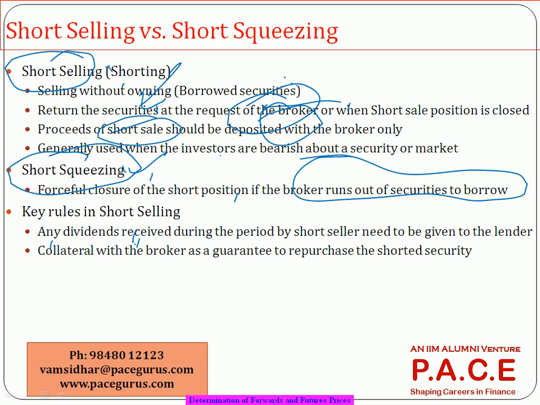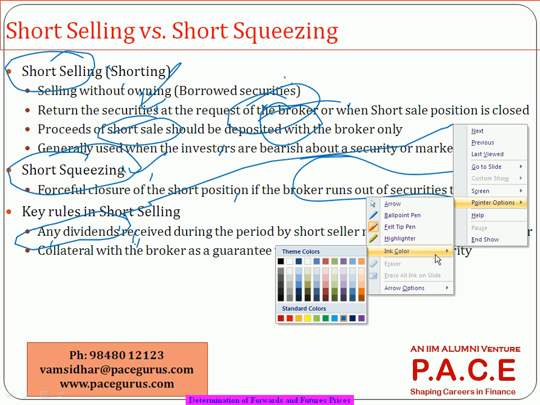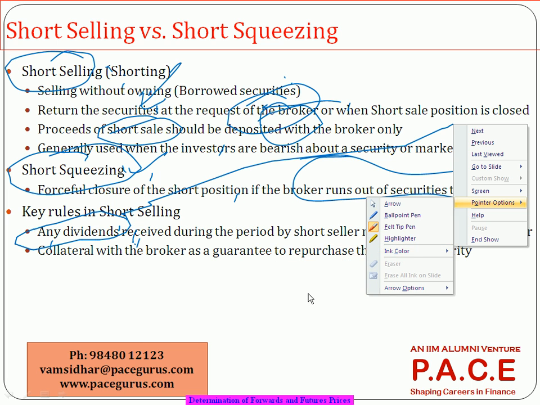So in any short transaction, a couple of things we have to be very careful of. See, the broker has lent you the securities here, right? They are not your own. The broker has lent you the security. So any kind of a dividend or any other cash flow that comes on that security, typically with shares, dividend is a possibility. Any dividend that is declared on those shares belongs to the broker only. It belongs to the broker, it doesn't belong to the party. One. Two,